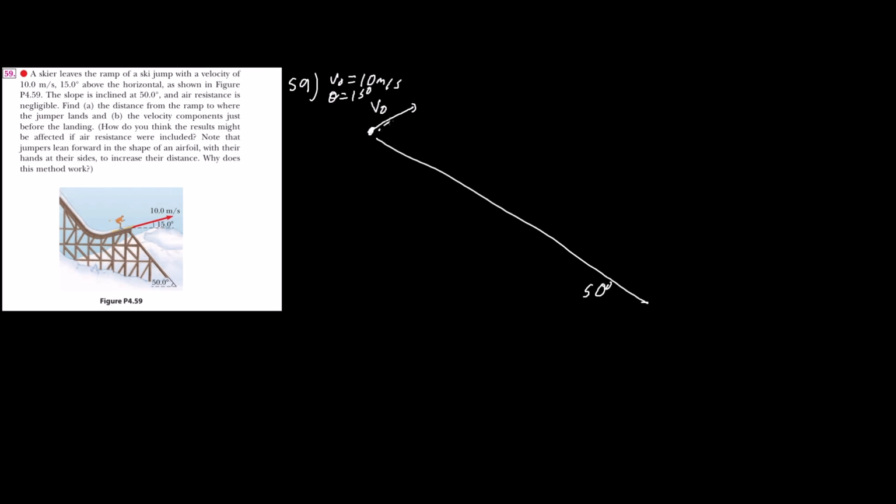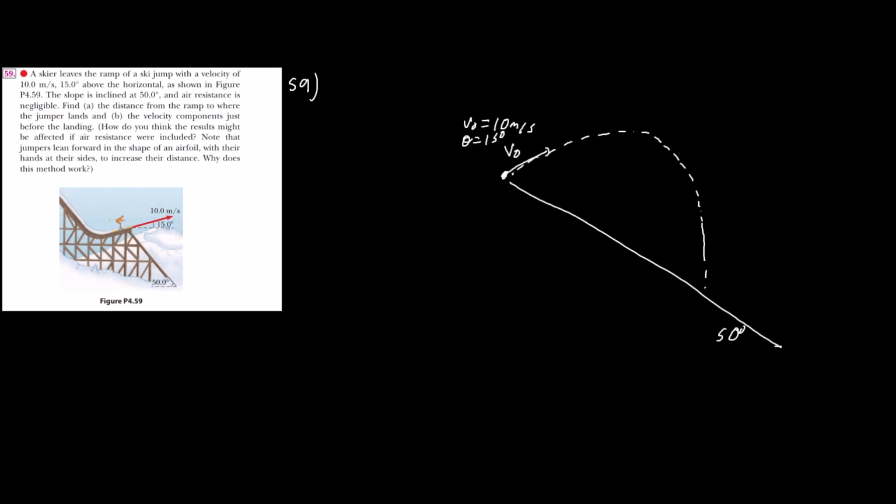So basically it's going to go like this, and it's going to land somewhere on that incline. The slope of the incline is 50 degrees, and we ignore air resistance. We'll find the distance along the ramp where the jumper lands. This is going to be actually pretty straightforward. Then we find the velocity components just before the landing. Since the angle is 15 degrees,